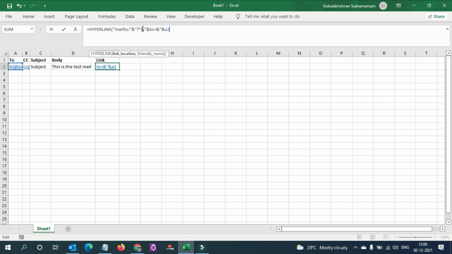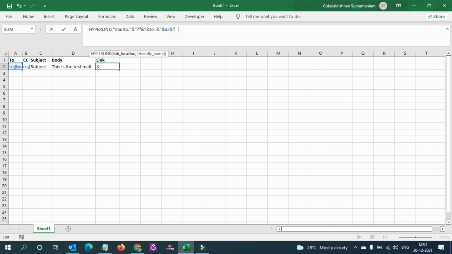If you have a doubt in between whether our formula is correct or not, it can be easily identified. As you see, the value which we have given in A2 is automatically selected over here. So this is how we can confirm that we are going in the correct direction with the formula. And now close the bracket, and then again the same for all the upcoming things as well.